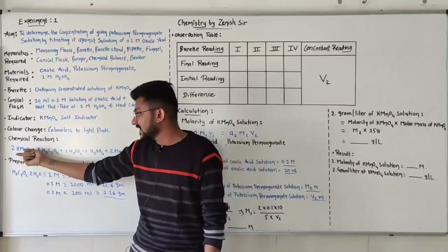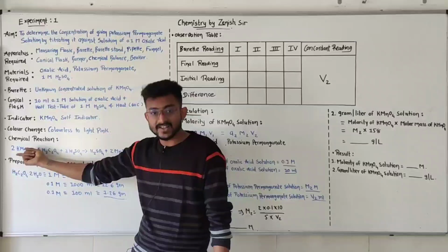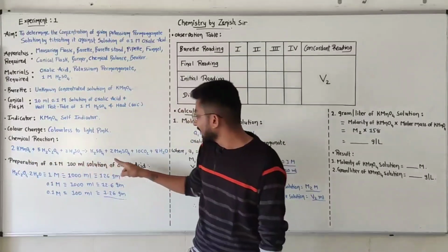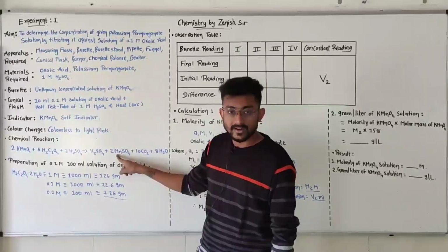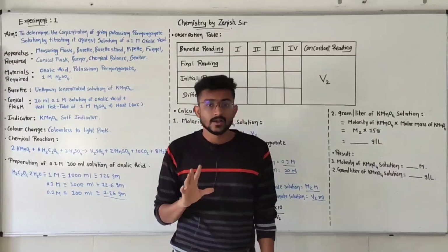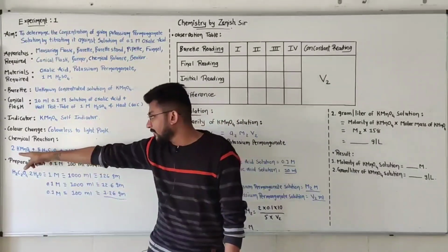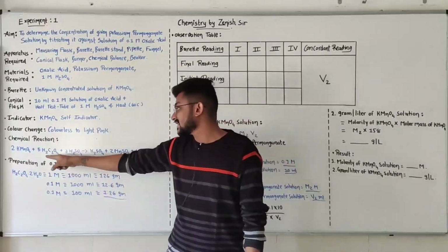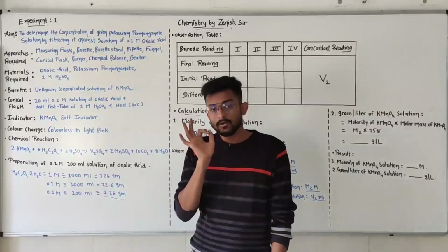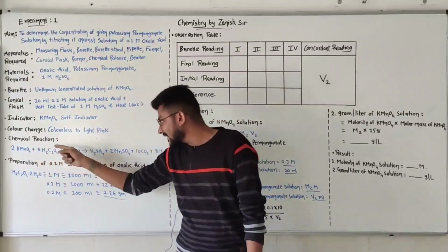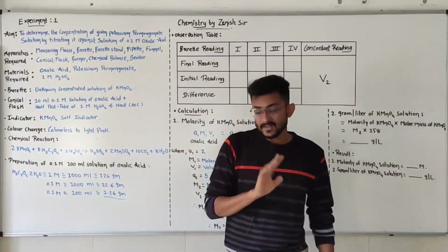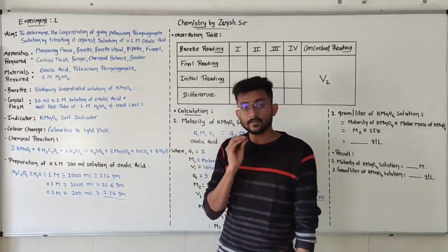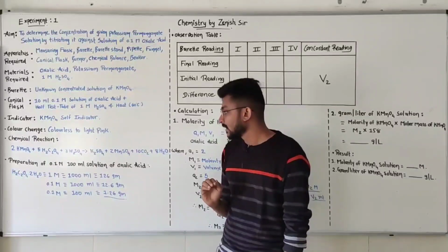Now this is your oxidizing agent, that's why it will reduce itself. So manganese is plus 7 over here and manganese over here is plus 2, transfer of 5 electrons. That's why KMnO4 has a transfer of 5 electrons, whereas oxalic acid has a transfer of 2 electrons. Second thing, you have to write this equation in your exam. That's why it is very important for you. It contains some of the marks from the 16 mark practical.